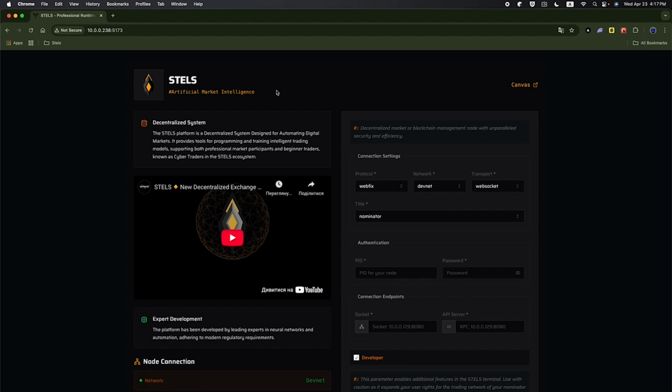Now, let's start with the welcome page. The welcome page provides a brief description of what this product is. STELS is built around AMI models, artificial market intelligence models, which are programmable scripts that execute in real time across the network. There are no traditional servers in STELS, only nominators who maintain the network, while all execution happens directly